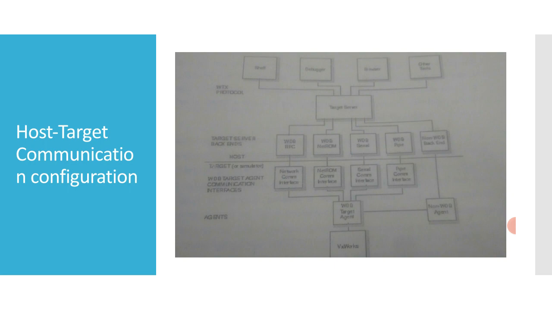See this figure for a detailed diagram of host target communication. The default configurations for both the VxWorks target agent and Tornado target servers are for a network connection. If you are using a network connection, you can proceed with booting your target. All of the standard target server backends included with Tornado connect to the target through the target agent. Thus, in order to understand the features of each backend, you must understand the modes in which the target agent can execute. These modes are called task mode, system mode, and dual mode.